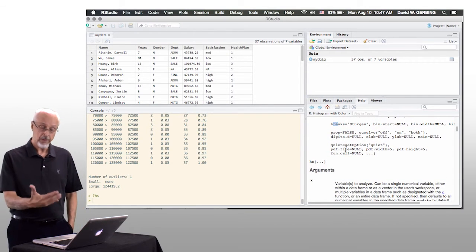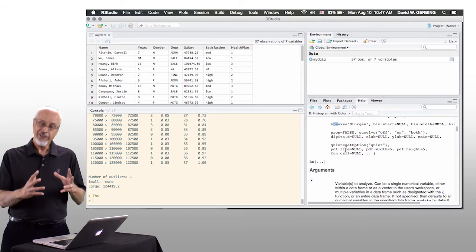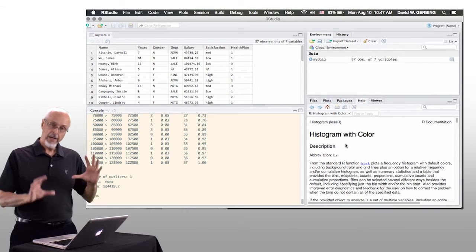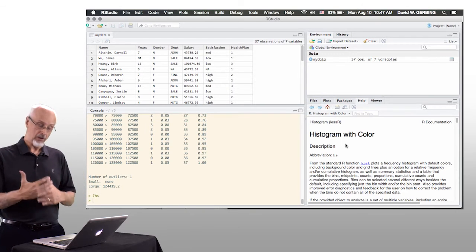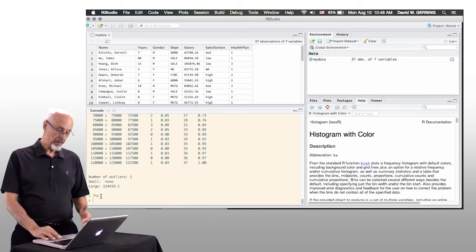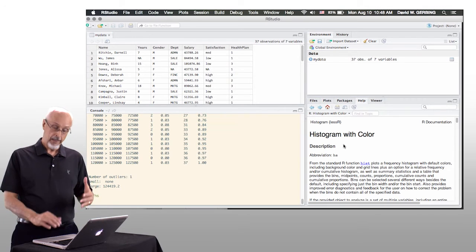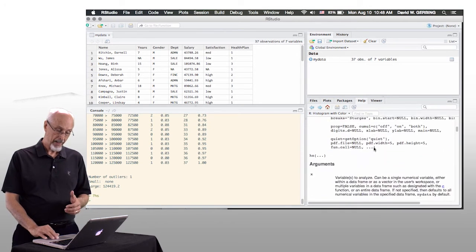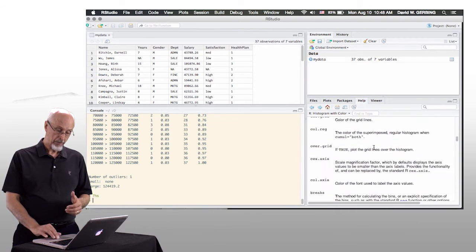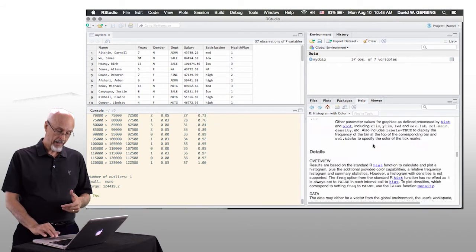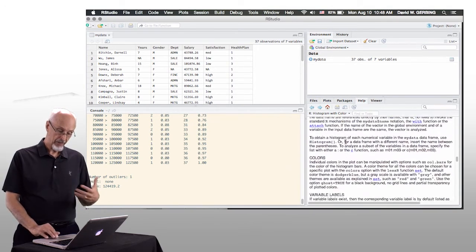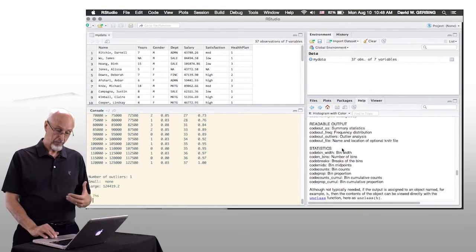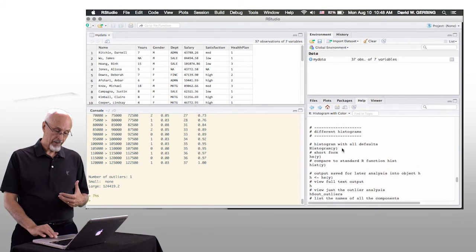I'm not going to bother to cover these things, but if you are interested in learning more about particular functions, go with the R help function. Every function in the R system has its manual, and this question mark and function name will call up that manual. And here we have the manual for this. You get a full list of all the parameters you can pass. You get a description of each one of these parameter arguments, what they mean, and you have the details about how things actually work here, and you have the values that the function returns back to the system, and you have